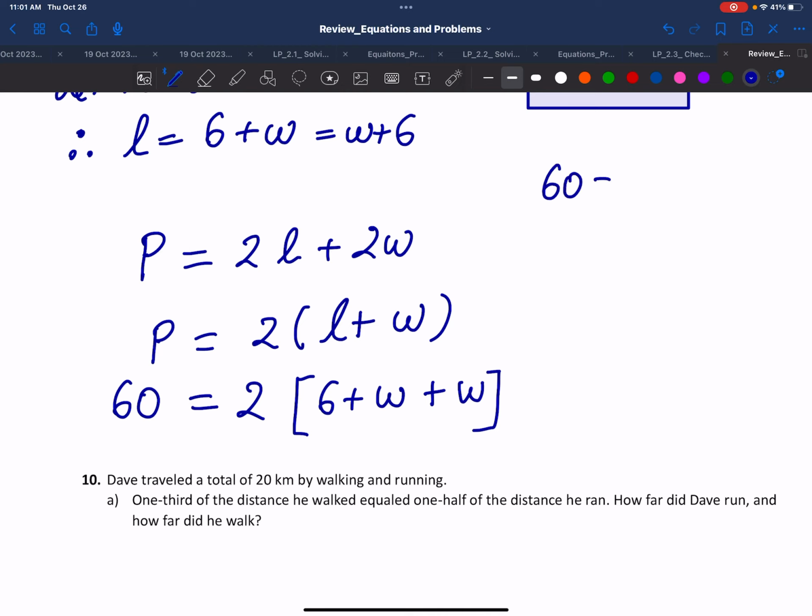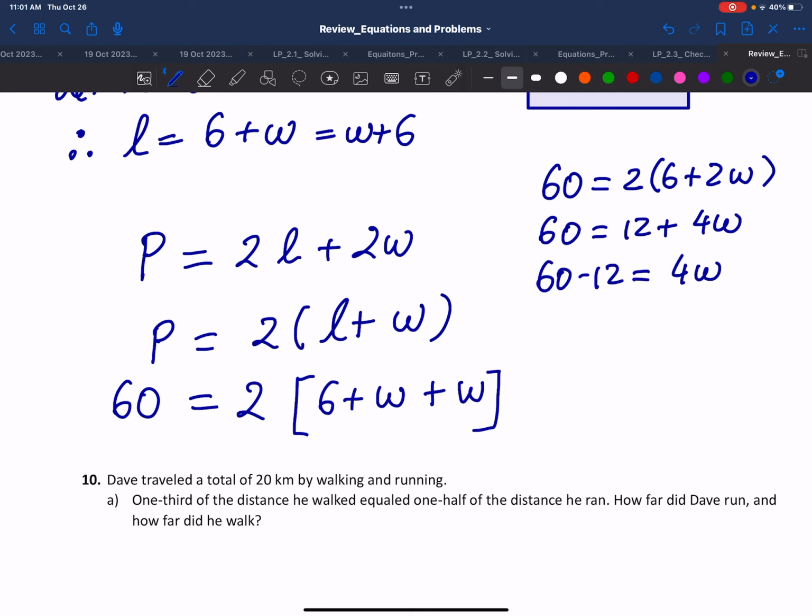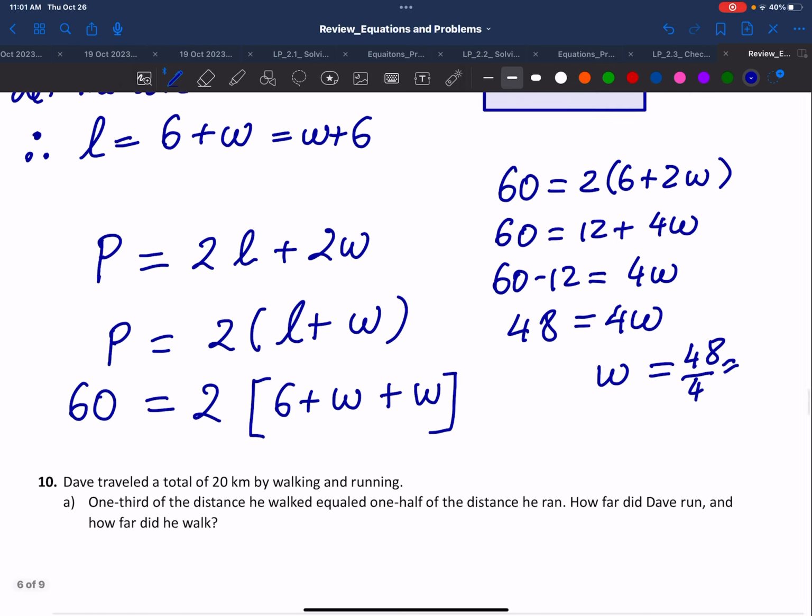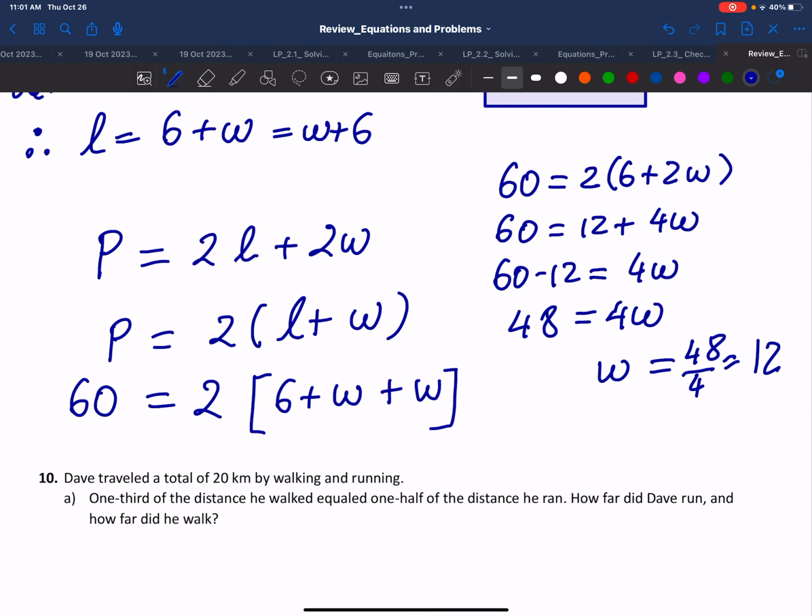So we have 60 equals 2 times (6 plus 2W), 60 equals 12 plus 4W, so 60 minus 12 equals 4W. 60 minus 12 is 48. And that gives W equal to 48 over 4, which equals 12. So therefore, we're going to say W is 12 centimeters, and the length, which is W plus 6, would be 12 plus 6, or